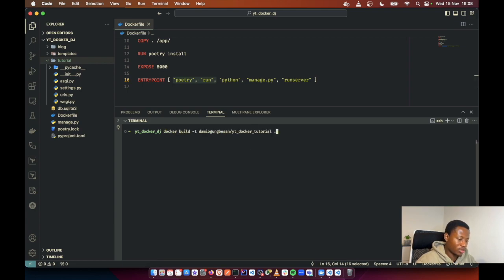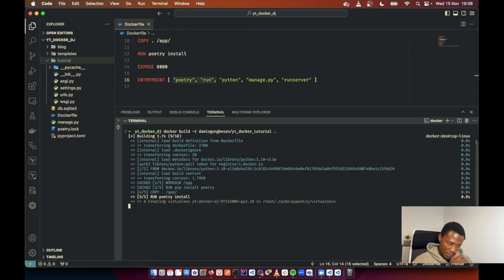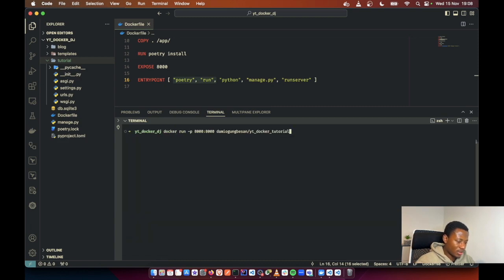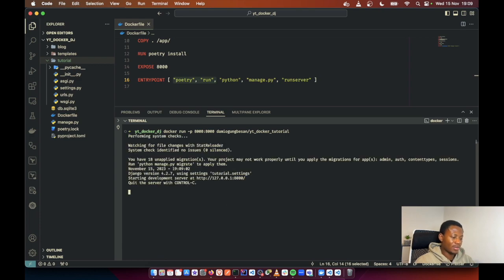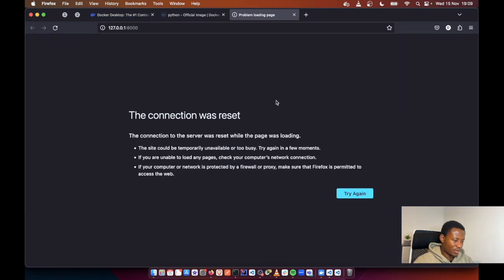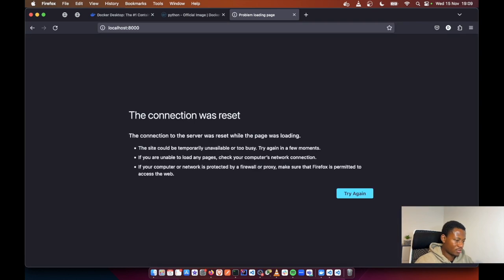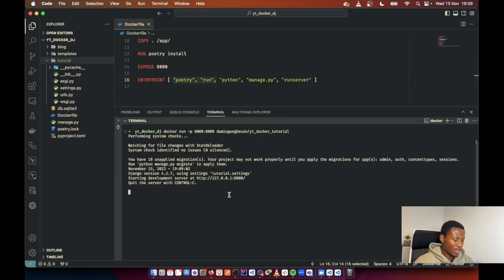So we are just going to rebuild the image again. We run that again like we were going to before, and voila, there we go. Now we have our Docker container running. And if we go here, we are not seeing anything. We are not seeing anything, and the reason for that is because